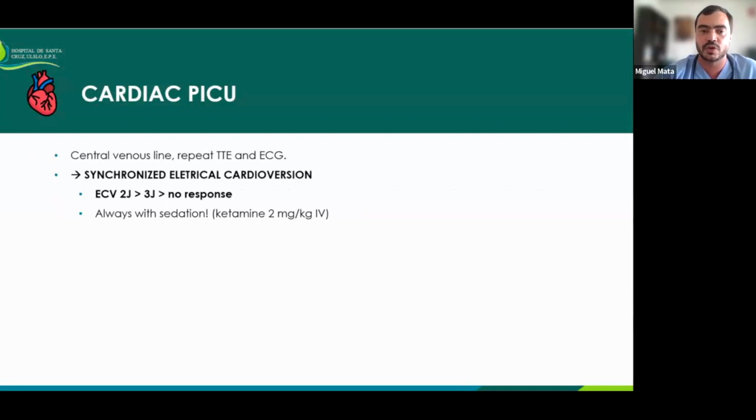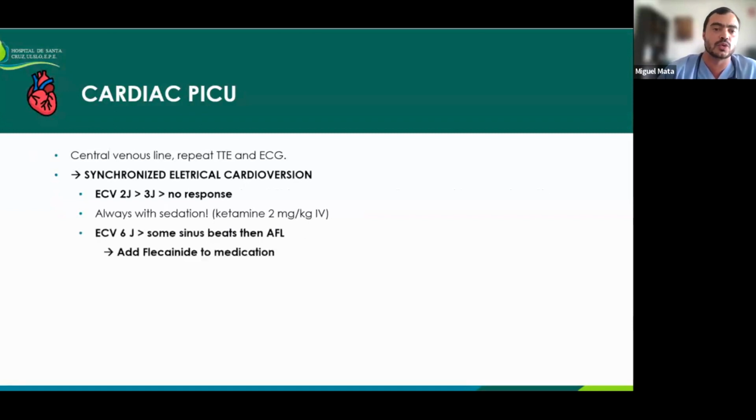Just remember, everyone, that we always do the cardioversion with sedation. In our case, we selected ketamine. And afterwards, we tried it with 2 joules per kilo, with 6 joules. And there were 3 or 4 sinus beats, but then there was a recurrence of the atrial flutter. So we assumed the neonatal atrial flutter was refractory to cardioversion. That usually represents 10 to 15% of the cases, and we added flecainide